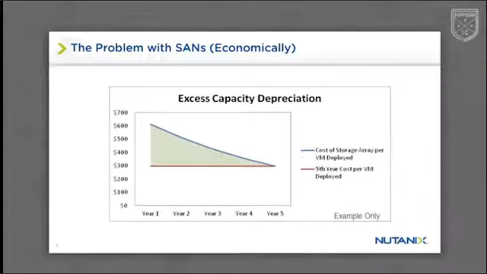But on top of that, a SAN buyer has to project what type of resource requirements they're going to have, say 4 or 5 years down the road, and then buy a SAN with enough excess capacity to hopefully meet those resource needs so that they don't face a very expensive and complex and time-consuming forklift upgrade. Well, guess what? All that excess capacity also requires rack space, power, and cooling. And then the whole thing starts depreciating on the first day it's installed, so that by the time that excess capacity is fully utilized 5 years down the road, assuming it makes it that long, it means it's become really old technology.